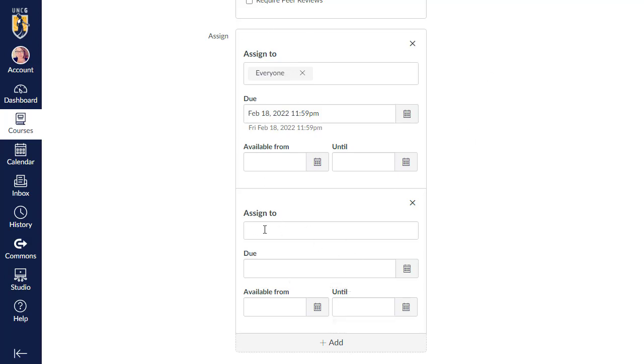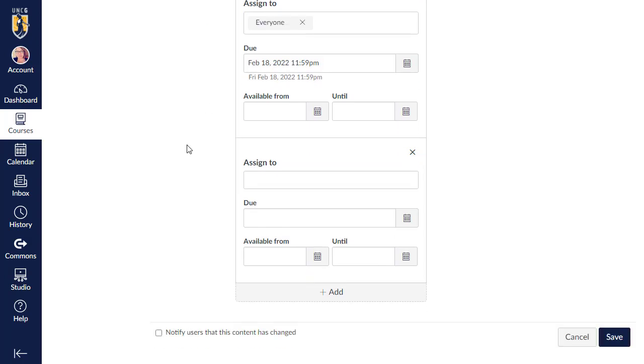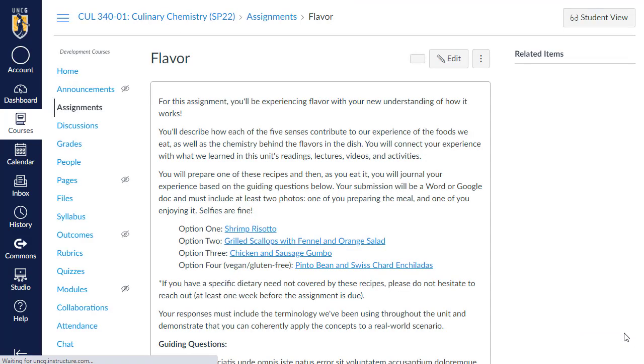And as soon as you add a student here to assign to, this will change from everyone to everyone else automatically. You don't have to do anything. And so that's probably something really important for you all to know this semester as we're dealing with things like COVID. Okay, so I'm going to go ahead and click save so I can show you what it looks like